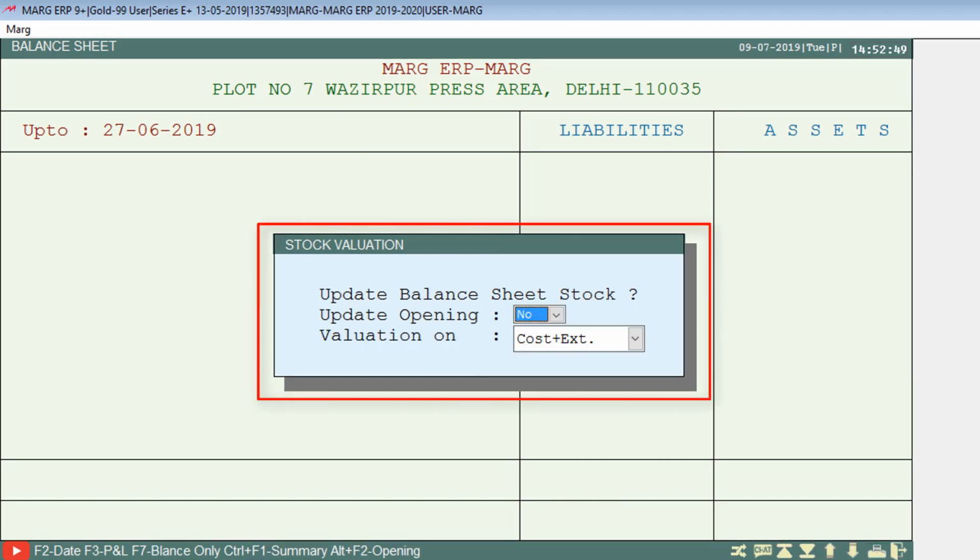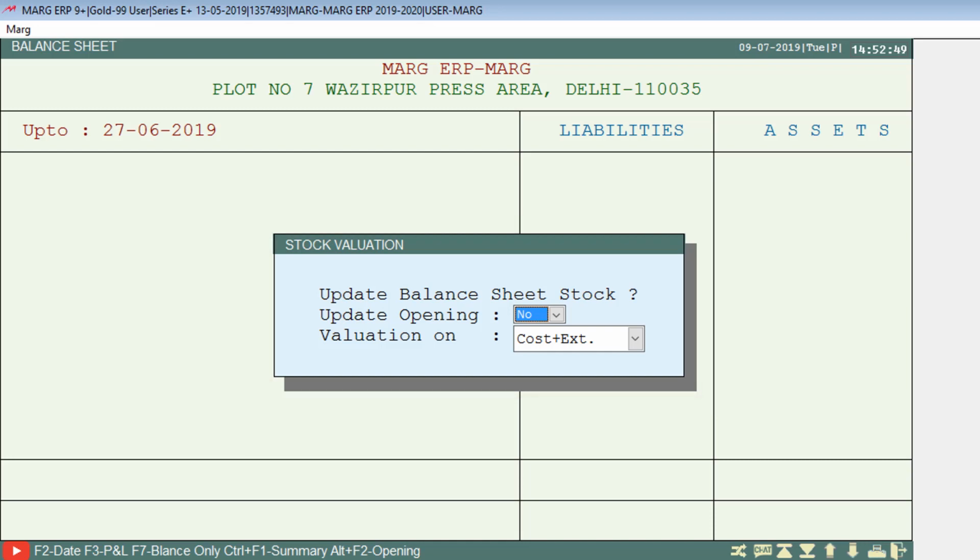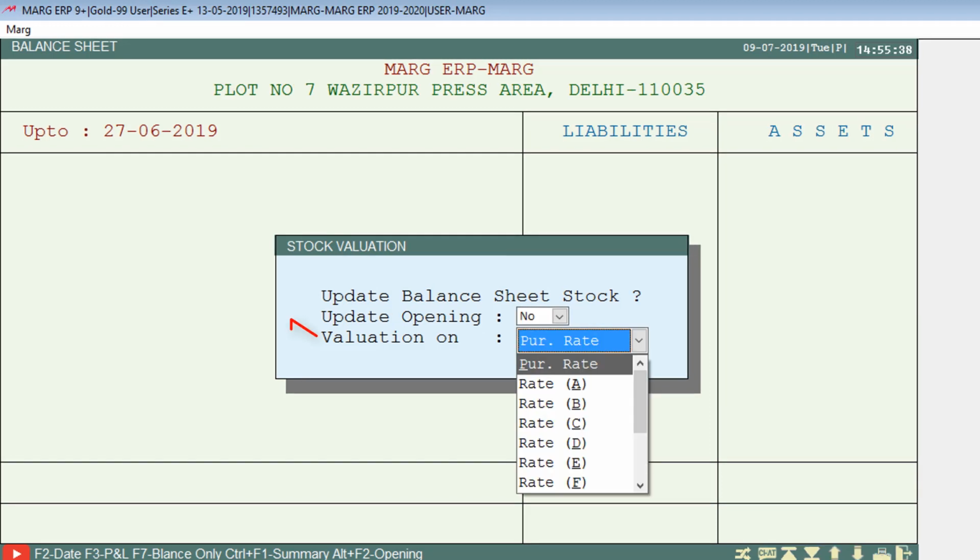So this stock valuation window will appear asking you to update the balance sheet stock, in which two fields are shown to you. First is update opening, in which we will select whether we want to update the opening in the balance sheet or not as per the requirement. Then the next field is valuation on, in which we will select the rate from this drop down as per the requirement, that is, at which rate we require to view the stock on the balance sheet.